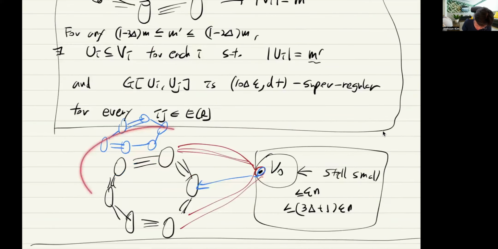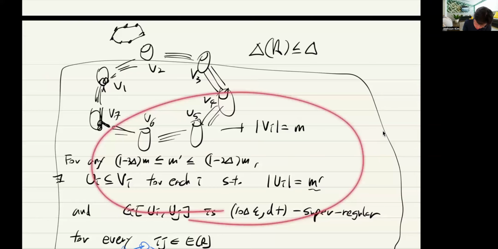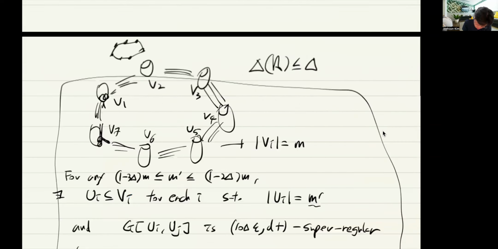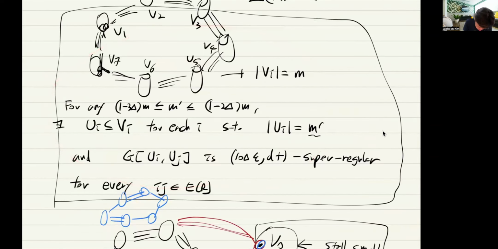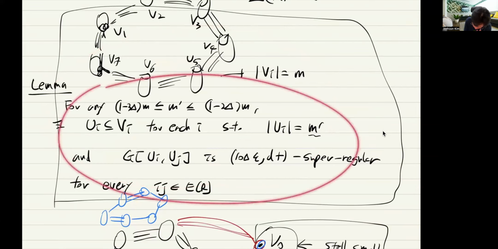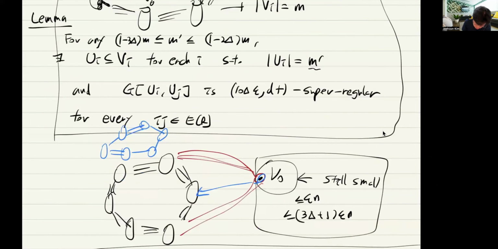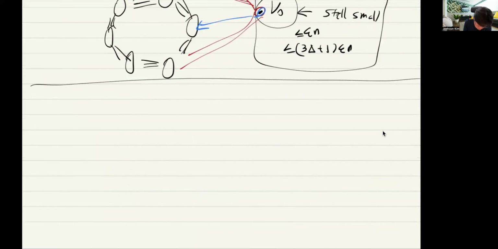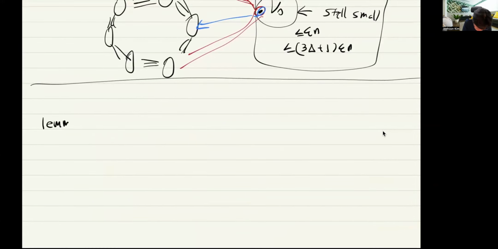And with this kind of picture in mind, we can show that this kind of lemma is useful. I didn't write down the full statement, but based on what I explained, I believe you have understood what this is saying. And another useful lemma is that